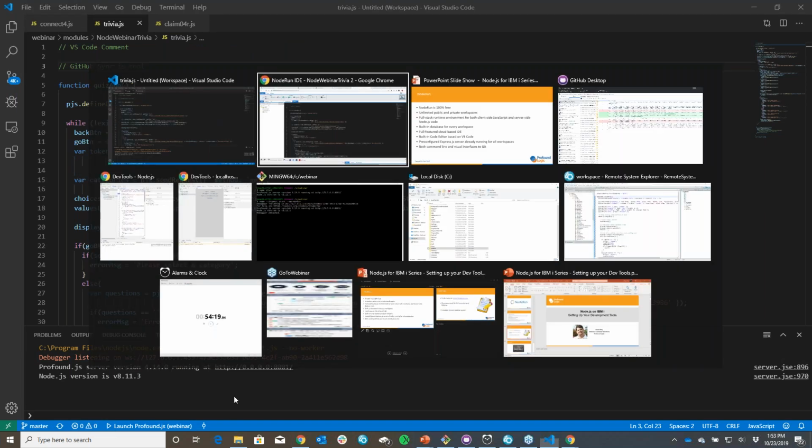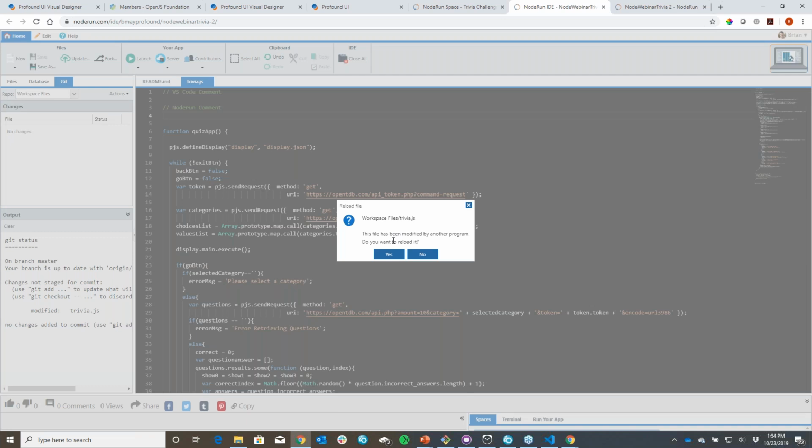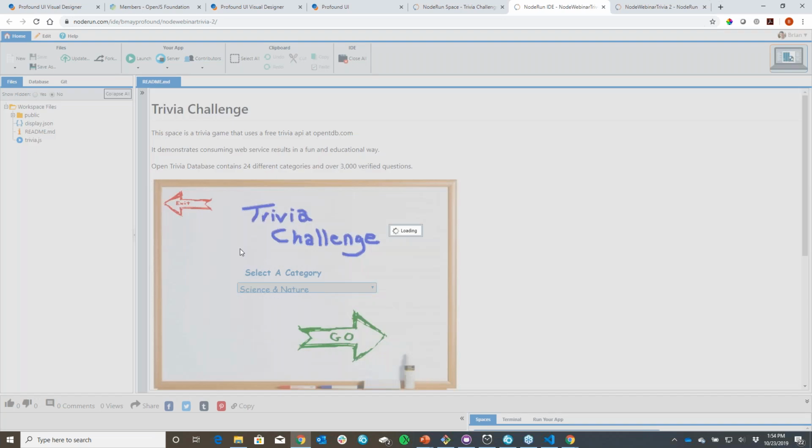So switch back. And that may be because I'm going to discard that change. There we go. So now it's telling me that file's been modified and asks if I want to reload it. So if we do,